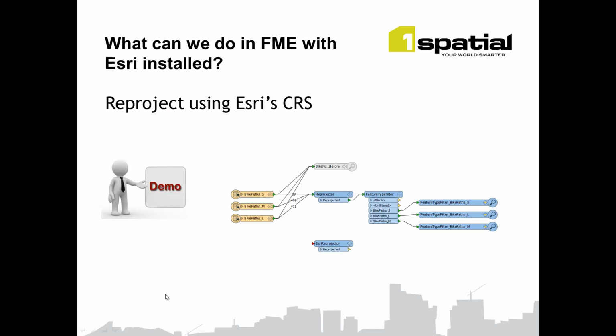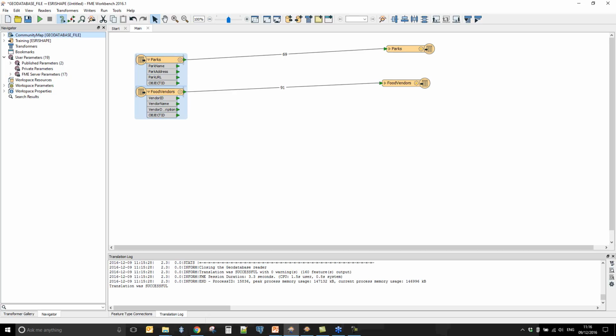When it comes to working with coordinate systems, having Esri installed on a machine that also has FME is beneficial, because we can consider using the reprojection capabilities of Esri instead of FME's reprojection capabilities, and it's an interesting concept as to why you might want to do that. So let's go and have a look at our options. What I've got is